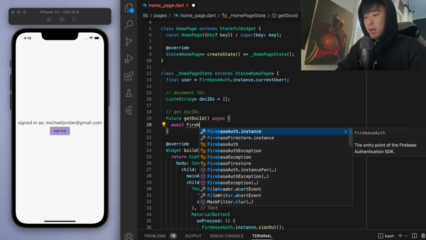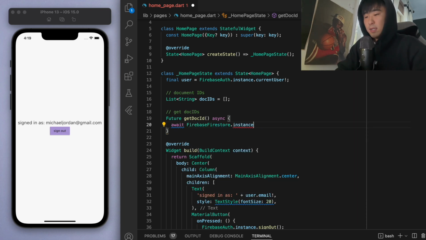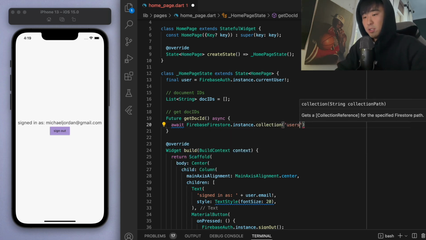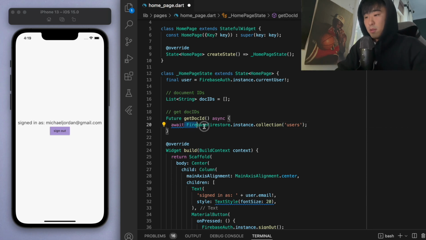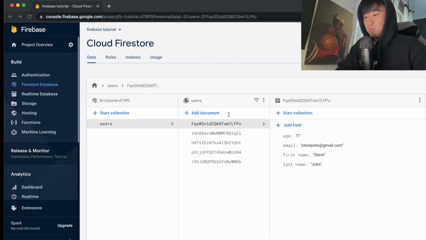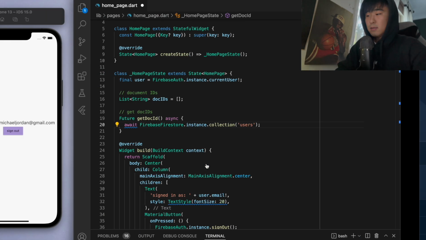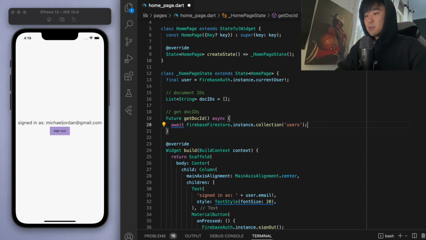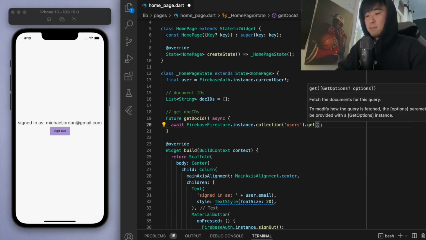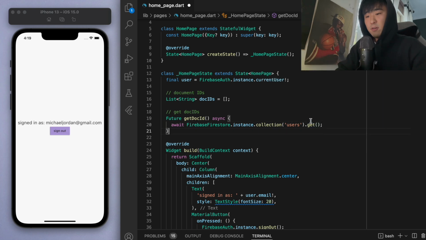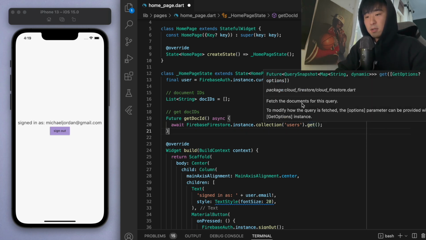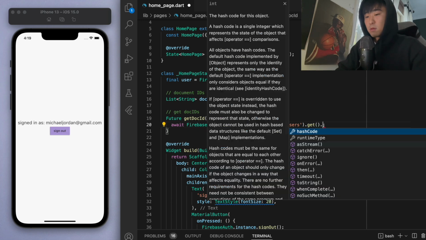Awesome. So if I say await Firebase firestore.instance and get the collection of, we called it users. So this will just bring us to this collection here. And then let's go through each document and grab these IDs. So we can now say just get, and you can see if you hover over the get method, it just says fetch the documents for this query. Okay, and then there's a lot of extra things we can do here. So we can say then,